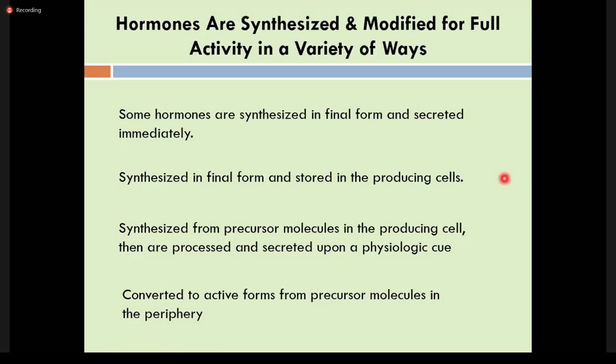Recall these major concepts when we describe the action of the hormones, and they are as the following. Some hormones are synthesized in their active form and secreted immediately upon the triggering of the cell in order to produce these hormones. So some of them are already active, already synthesized in the cell and just waiting for a certain trigger or signal in order to be released. While some other hormones are synthesized in final form and stored in the producing cells until we